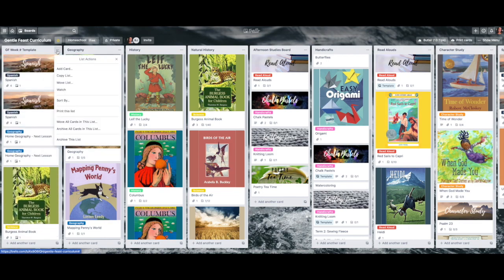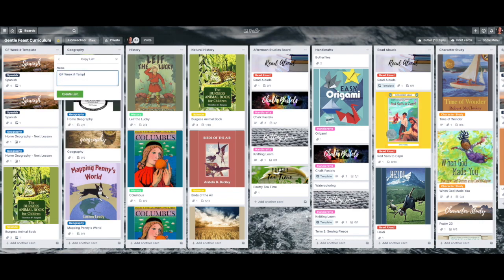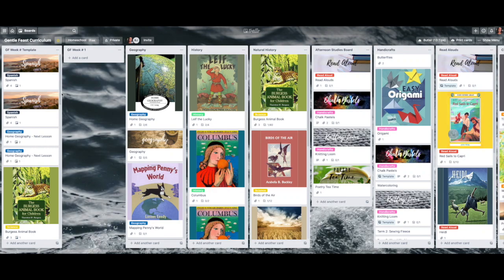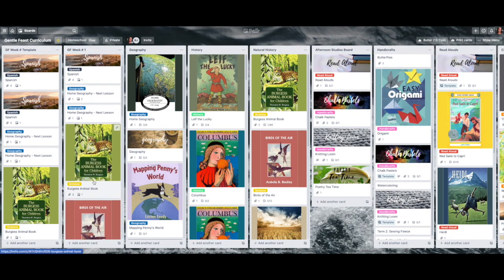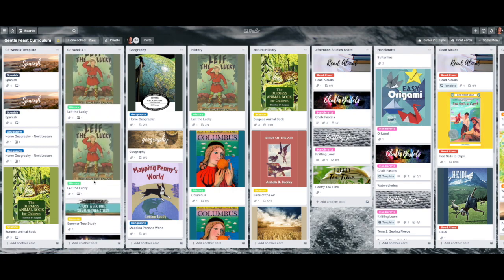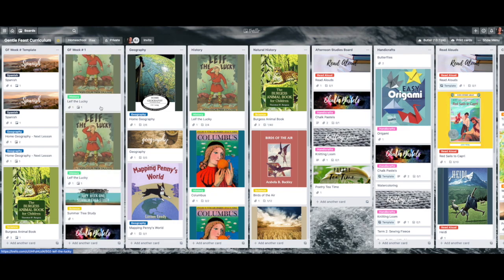And I'm going to copy this card and I'm going to relabel it week number 1 or 2 or 12 or whatever week you have created, right? And then it should populate all of the cards. And since I have all of the cards already worked on, all of the assignments are over here in these cards that I've spent time organizing and working on. I don't think anything I have to change on here except for maybe history,